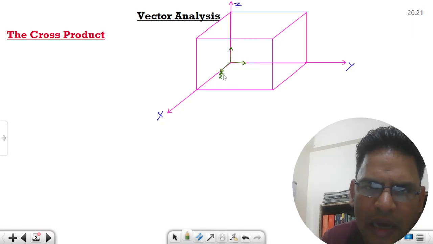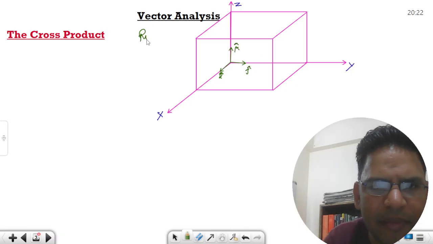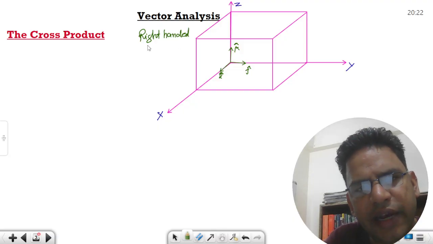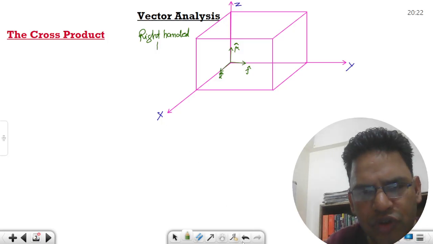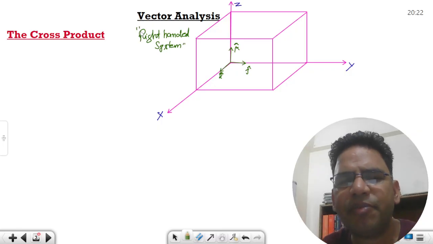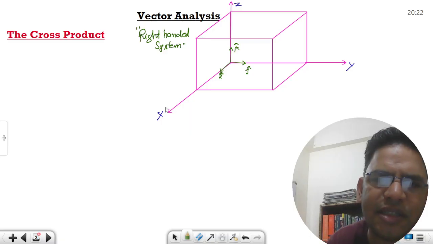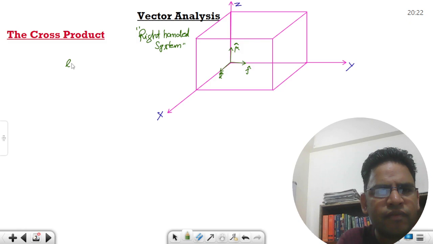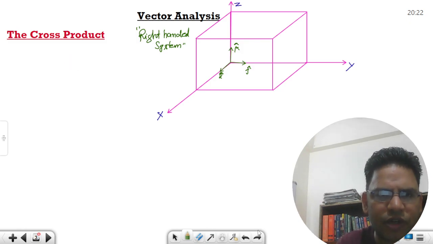And i cap vector, j cap vector, k cap vector. Always remember, unless otherwise said, हम right handed system use कर रहे हैं, unless otherwise it is told कि it is left handed system, तो वो बात अलग है, but otherwise it is right handed. I cross j. So what does that mean? It simply means if you want to take cross product between these two terms,